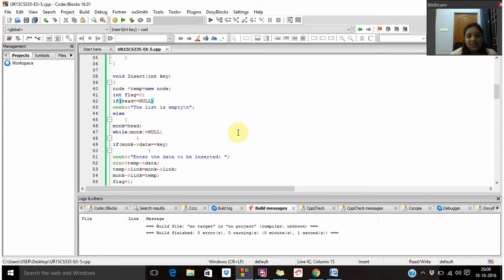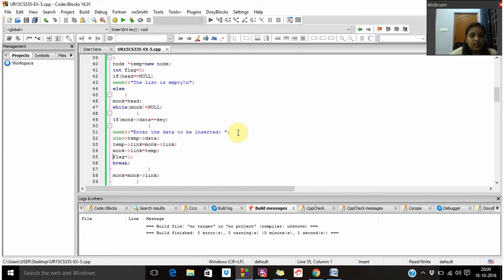If my head is equal to null, that is my list is empty, it displays that my list is empty, or else my monk pointer is given to head, and while monk is not equal to null, if monk arrow data is equal to key, it asks the user to enter the data to be inserted, and the temp arrow link is given to the monk arrow link, and the monk arrow link is equal to temp. So now my flag changes to 1,